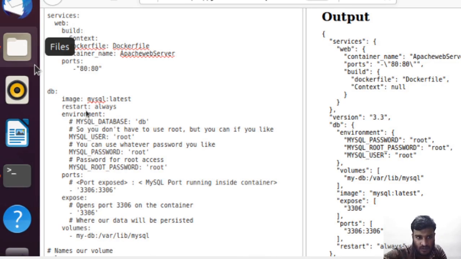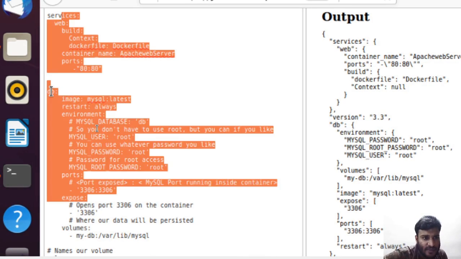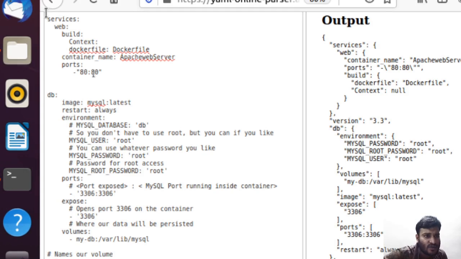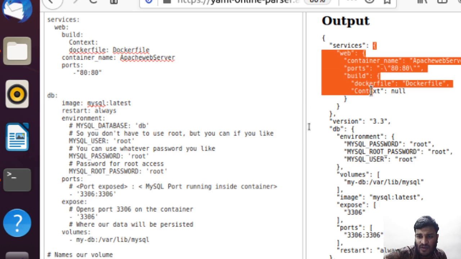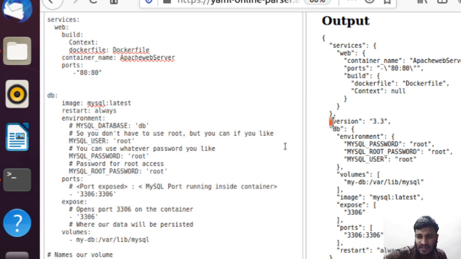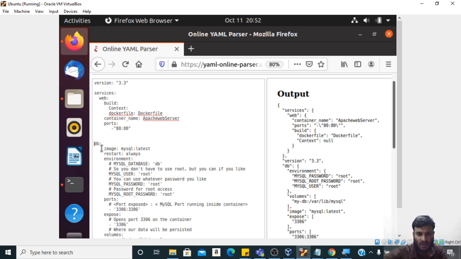Okay. So now if you see that this particular DB starts with services. So that's why this is the key, and then this is the value, then this is the key, then this is the value. And DB is not inside services, but we said that all the containers will be inside services. So to correct this, I will just give a space over here,